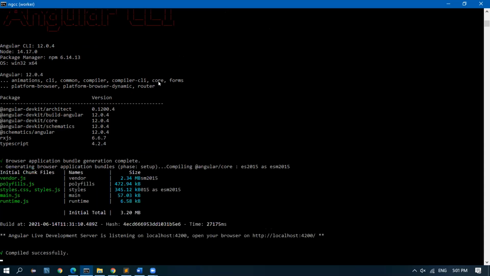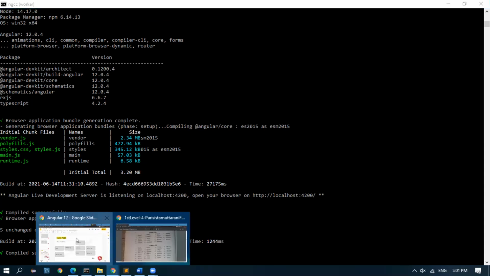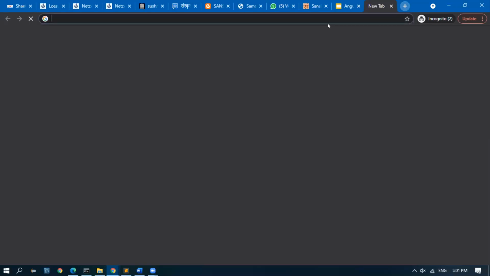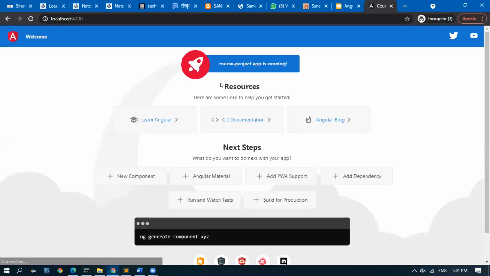If you stop this CLI, the new version will be inside this folder. Yes, the new version has come. I'll go to localhost 4200, and Angular default is working fine.